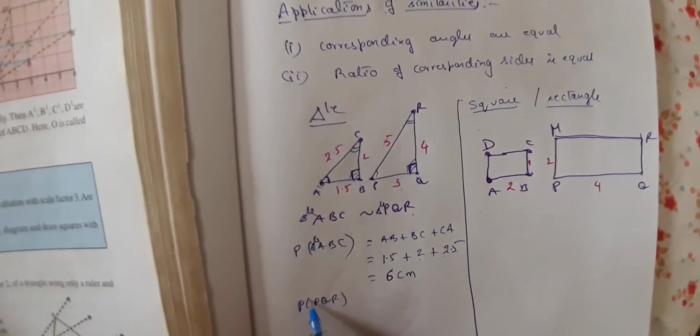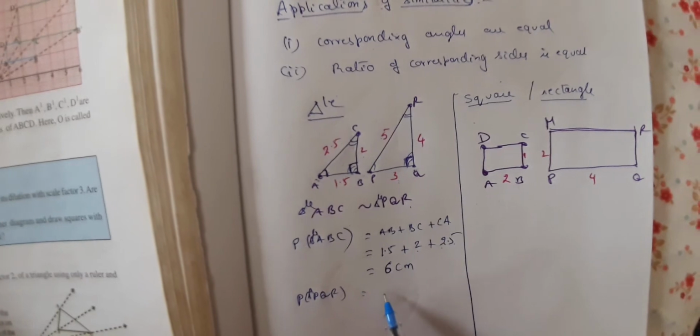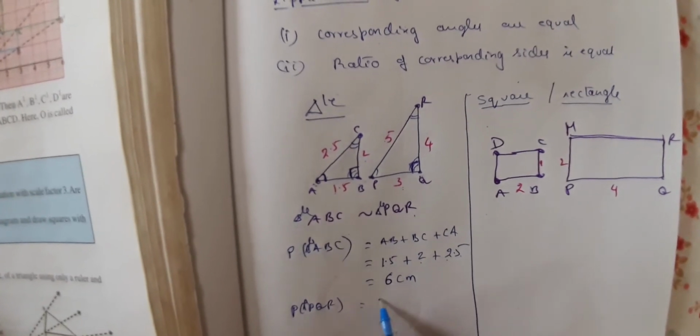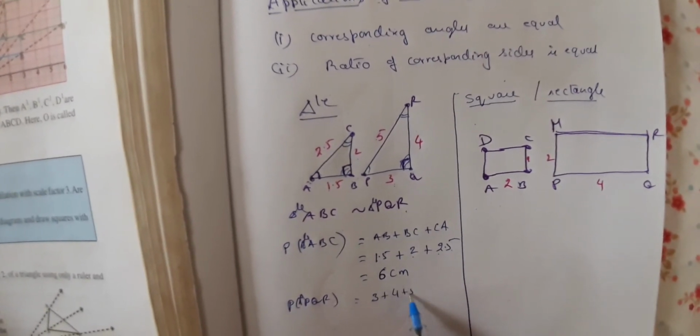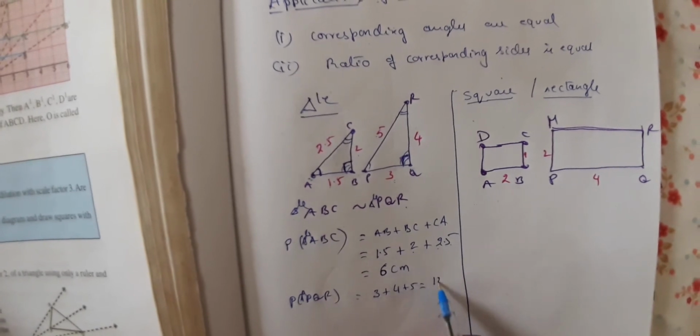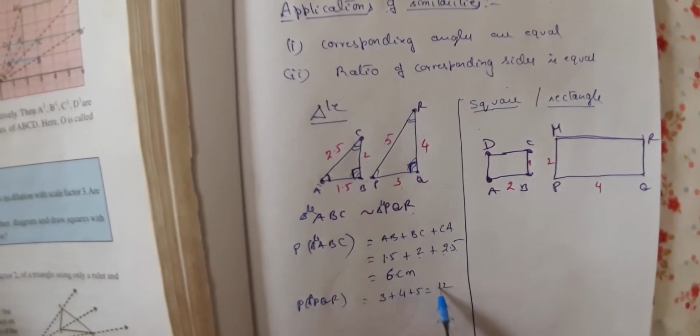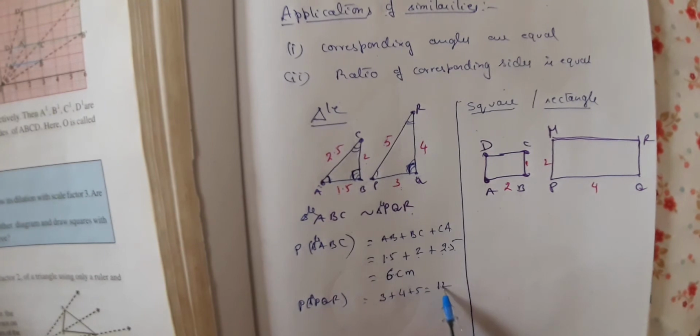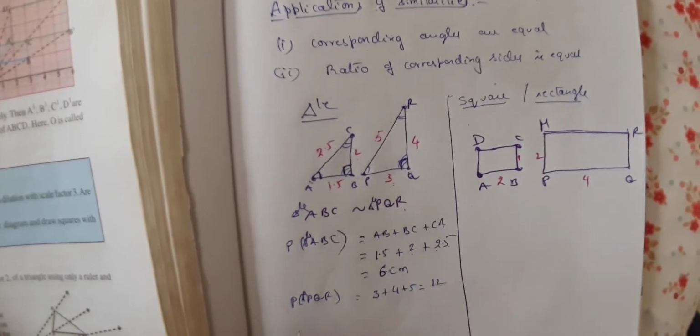Triangle ABC, triangle PQR. So what is triangle PQR's perimeter? Sum of the sides is 3 plus 4 plus 5, which is 7 plus 5, 12. Now what is the ratio of these two? 1 by 2, is it not? It is 1 by 2. That means